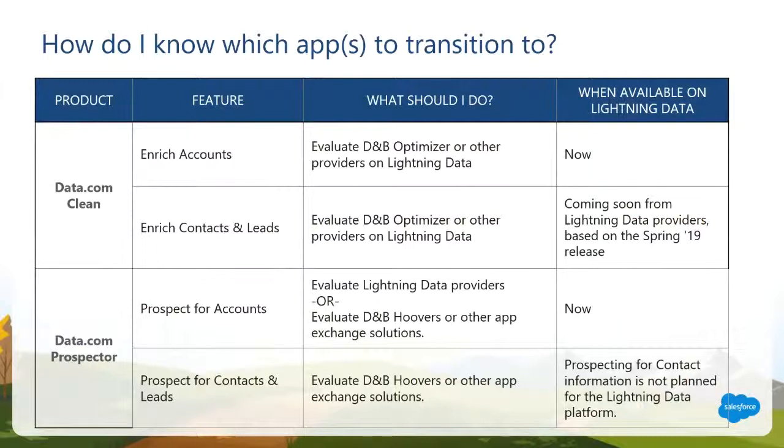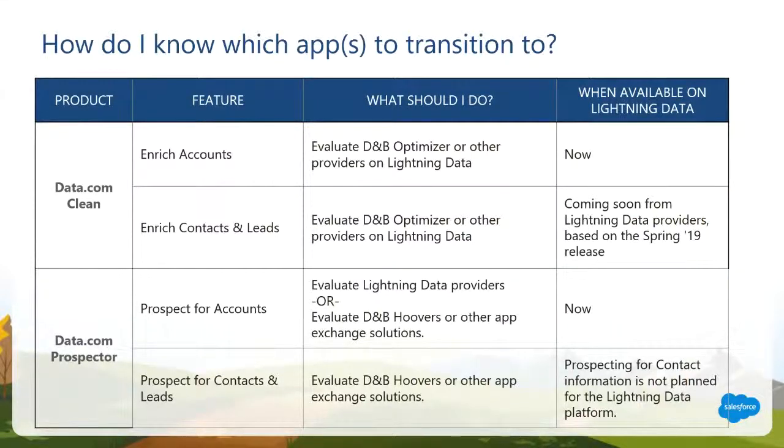So if you're running data.com clean and your focus is enriching accounts, then your options are, you could evaluate Dmv Optimizer if you want to keep things kind of as status quo as possible and just leverage the DUNS numbers that you've already established in your org. We've worked very closely with our friends at DMV on making a very smooth transition on that front. And I would say we've had a couple of our largest Sales Cloud customers do this transition in a very, very quick timeline based on that transition and ability to leverage their existing DUNS numbers.